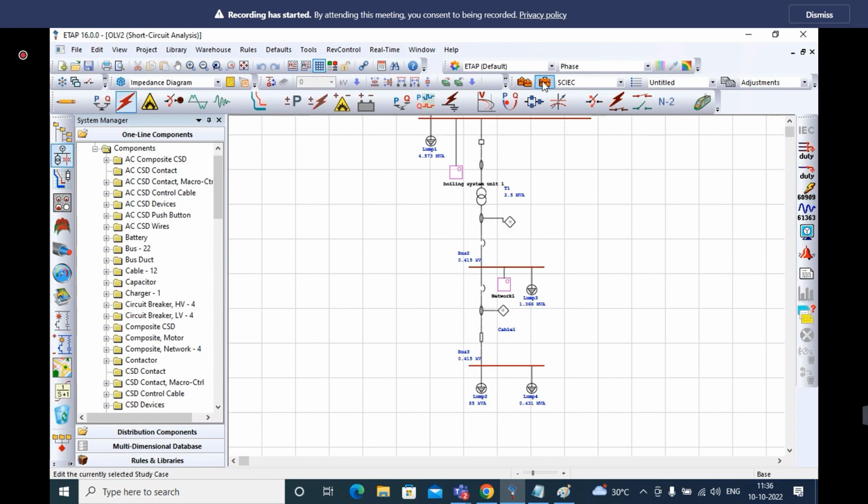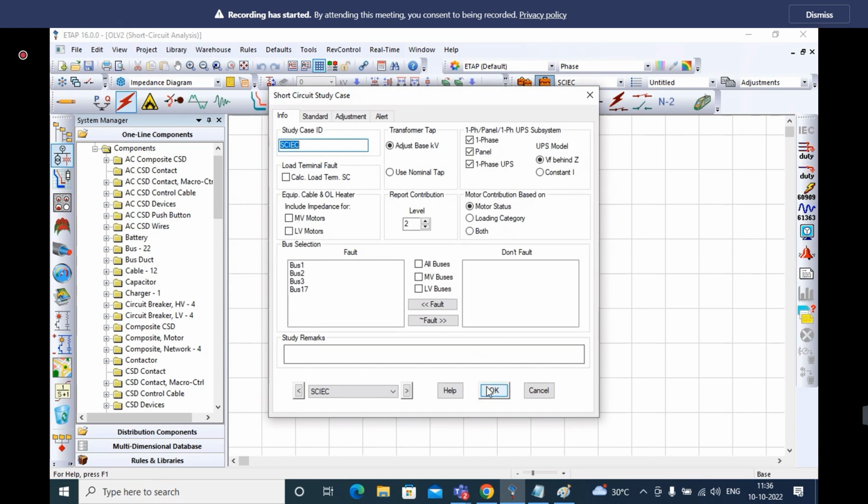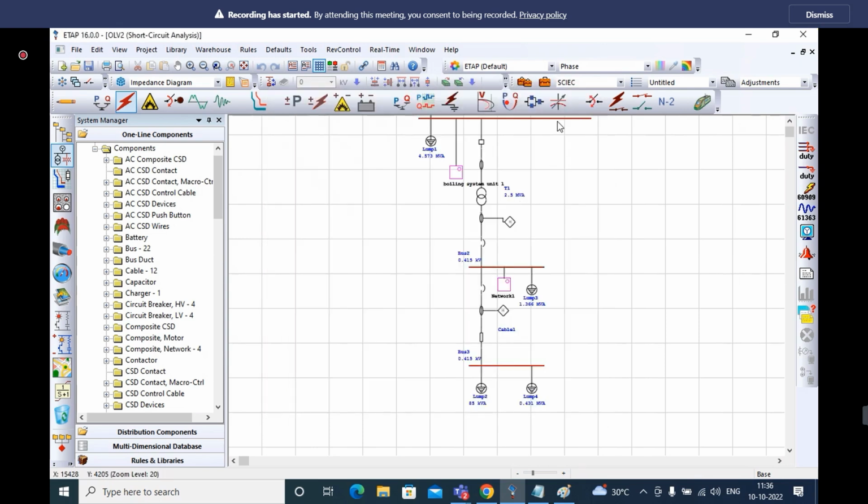I have already given all the buses and the fault condition. That is the reason we are getting all the buses in brown color, which indicates all the buses are under fault. Okay. So some clients will provide a fault current instead of giving the design. Otherwise, if you run the design, in some places we can get the earthing option automatically, by default. Instead of user specified, you can get the fault current from the design's short circuit analysis.